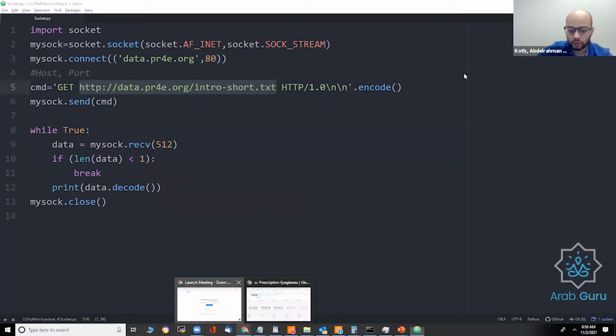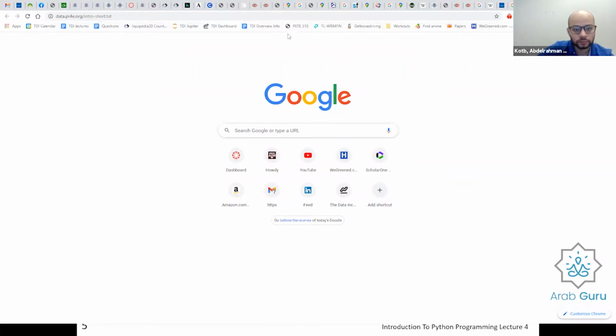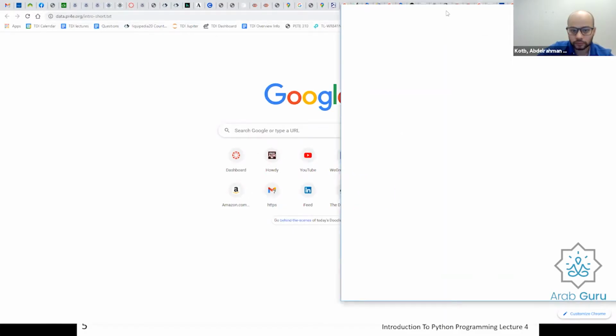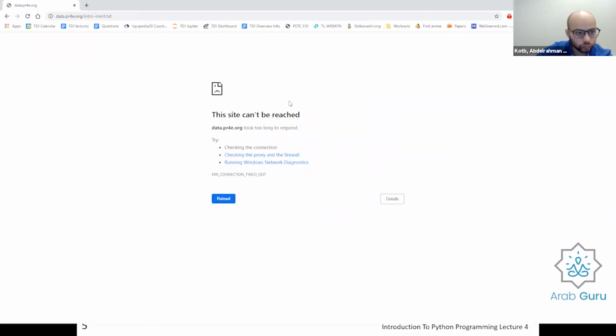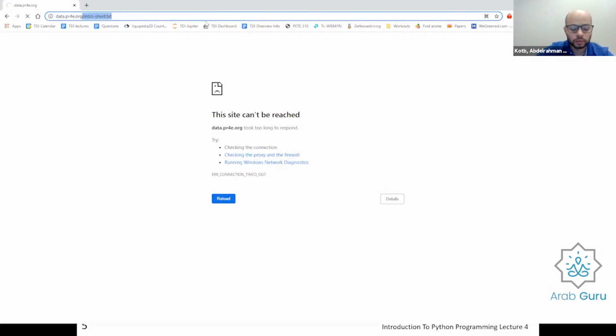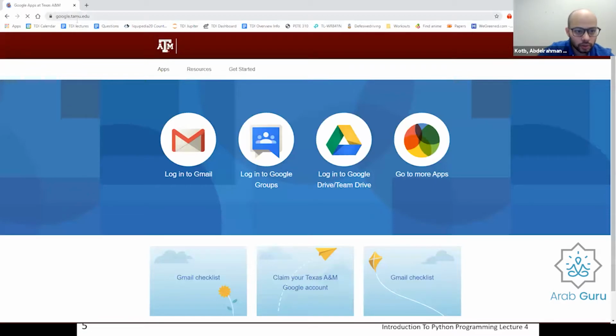If I open a new tab, yeah, it's loading. So the internet's working, just making sure.